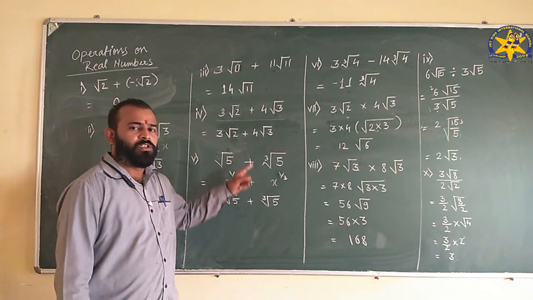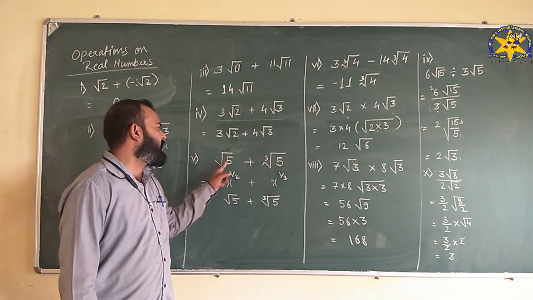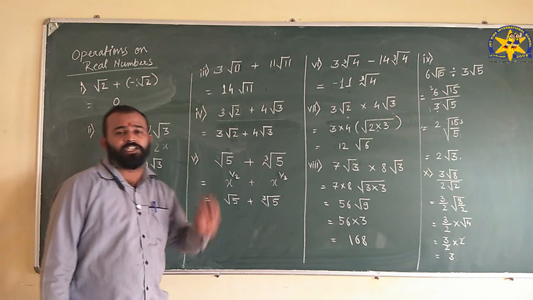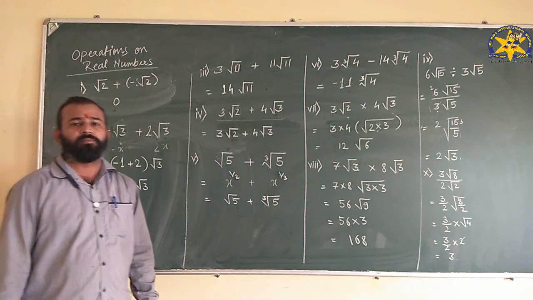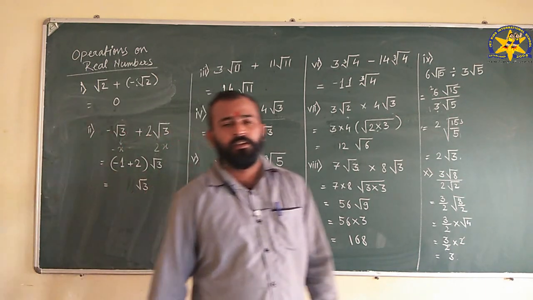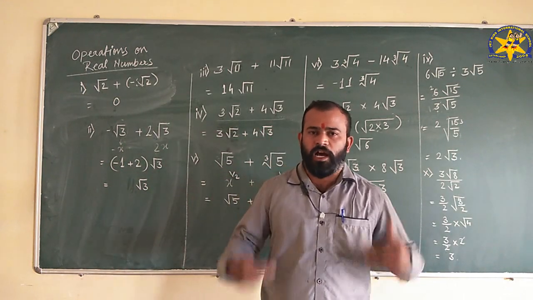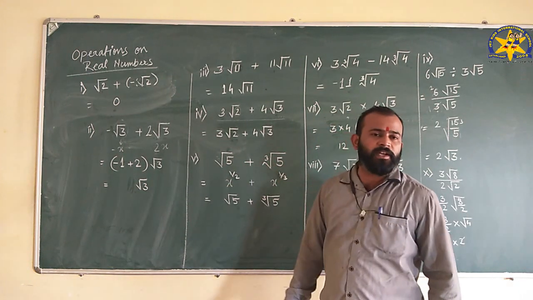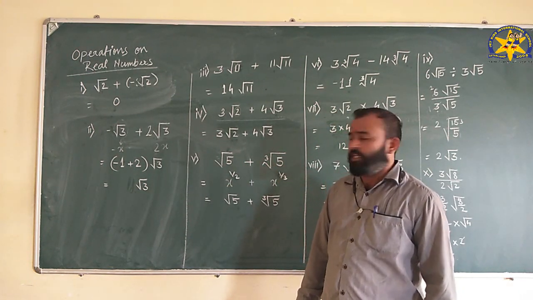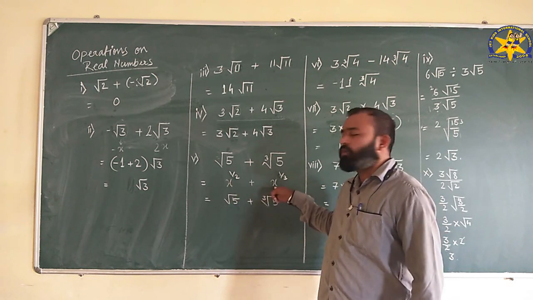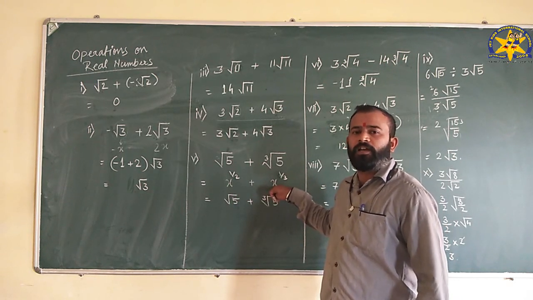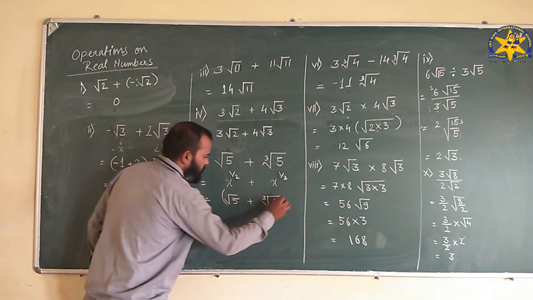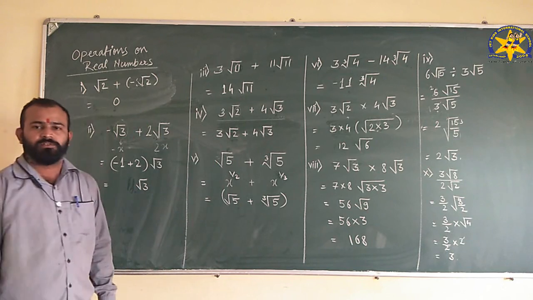I have explained this to you. You have to consider it as an algebraic expression. You have learned how to add, subtract, multiply and divide algebraic expressions in previous classes. So bring that in front of your eyes. There we saw that like terms can only be added or subtracted. Now see which are like terms, and then add them. If they are not like terms, then don't add them. Keep it as it is. This only will be the addition of two irrational numbers.